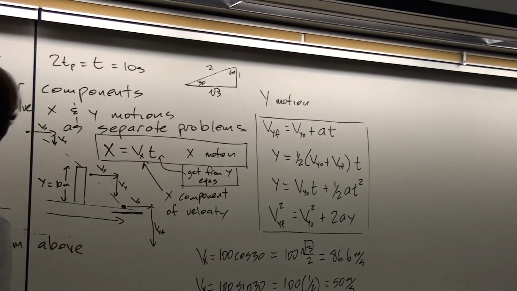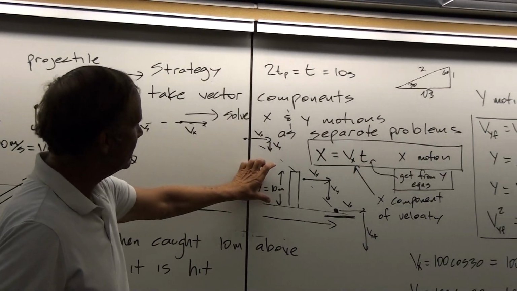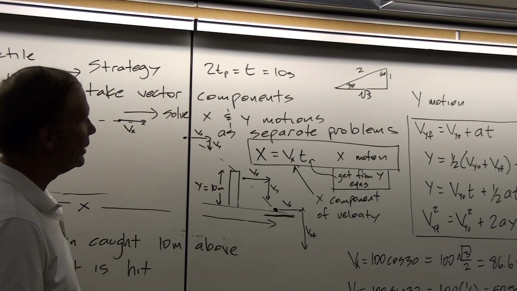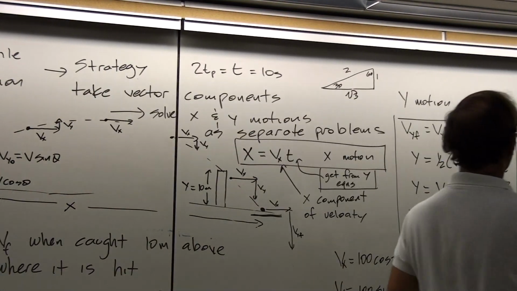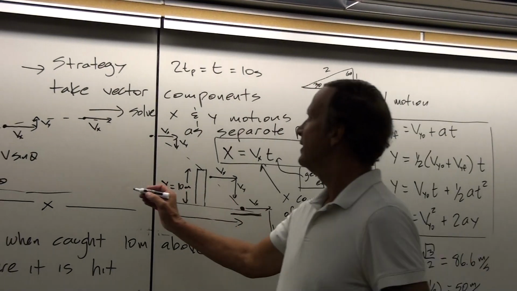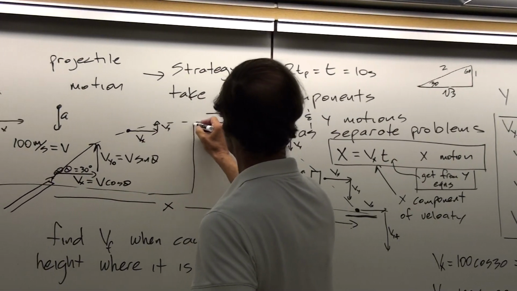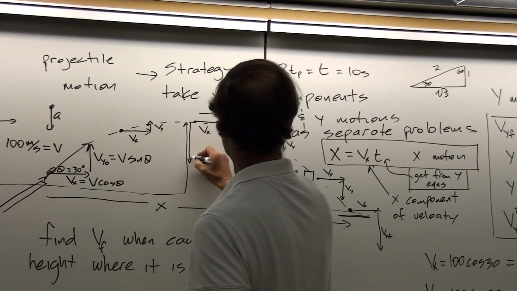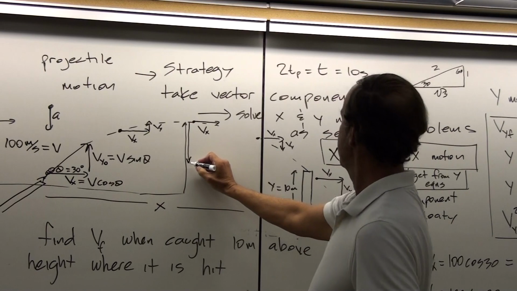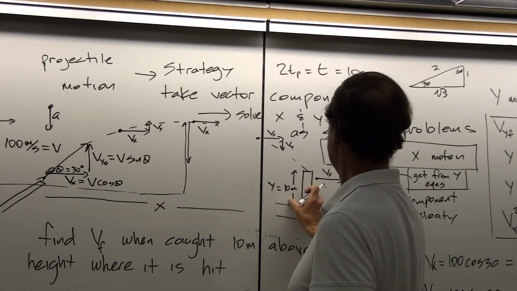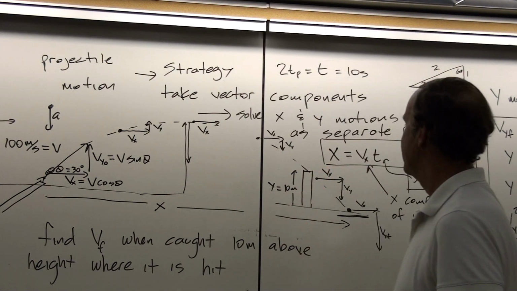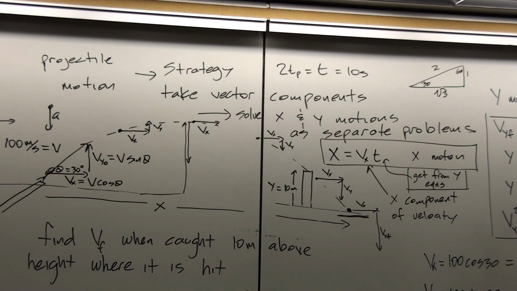But for a problem where the final displacement that is associated with this motion is plus 10 meters. So, and let's keep in mind here that in this problem, the total displacement is the displacement to the top, which we showed in a previous problem was 125 meters, plus the displacement back down to this point. But that's just from the tail of the first to the head of the second, is just our y displacement. So our y displacement is 10 meters.